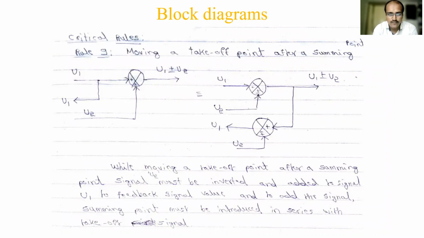You have seen so far the block and summing point, block and takeoff point. But takeoff point and summing point together, we have not taken. This also sometimes comes in the problem. If it comes, you can think that the question is very difficult, so you can skip and go to the OR part. Anyhow, you will have 2 questions, question number 3 and 4, right? So if you find such cases, you can immediately identify that and take the other part.